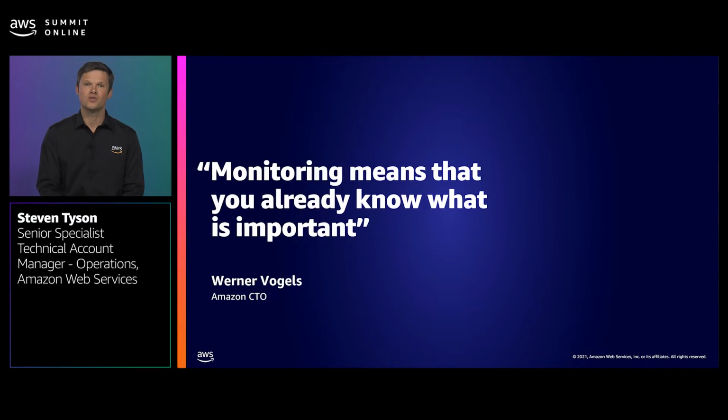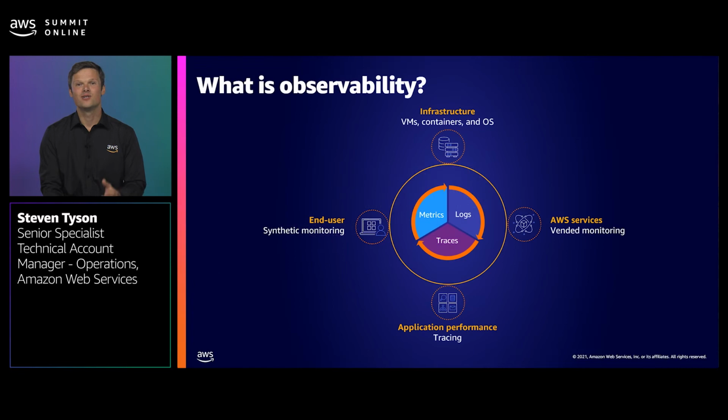So whilst monitoring lets you know when something isn't working, observability lets you know why something isn't working. It's the gathering of metrics, traces, and logs from your workload to help you understand its state better. So we're going to go a little deeper into what observability is. As I said, observability is the coming together of metrics, logs, and traces. Now let's see how they apply to 4 common parts of a workload.